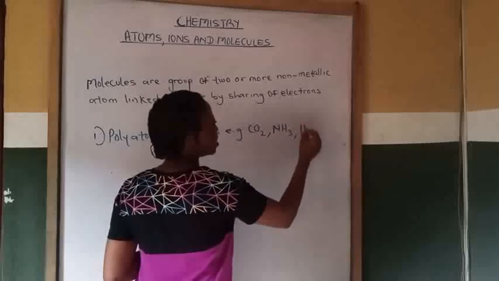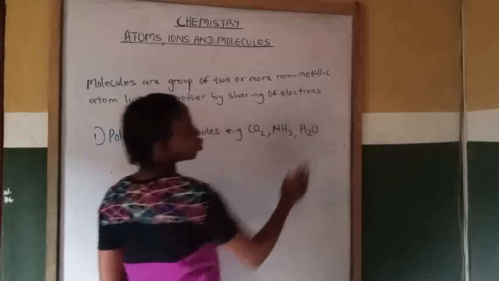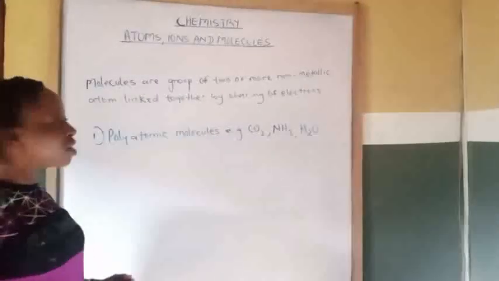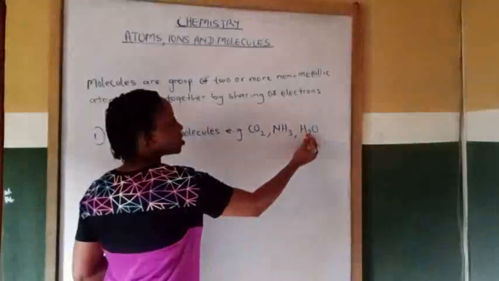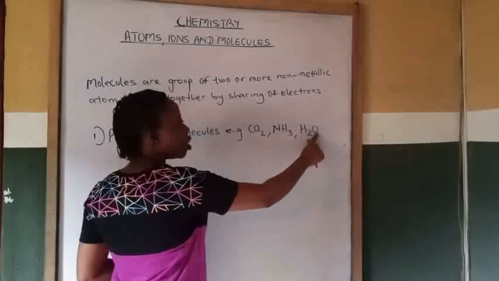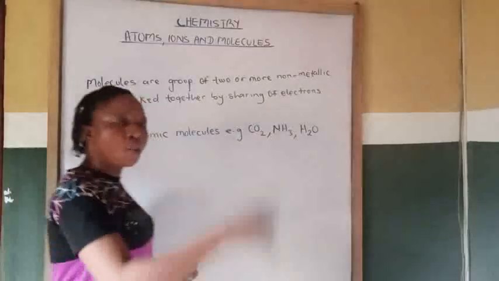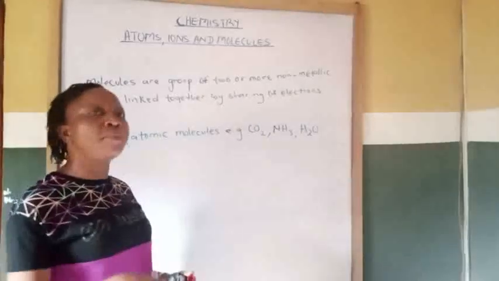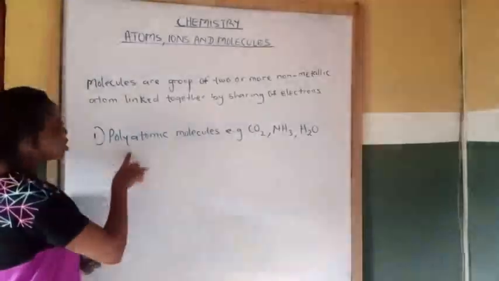Then another one is H2O. H2O is a molecule, that is water. You call it a water molecule, because it contains two atoms of hydrogen and one of oxygen, that's 2 plus 1, making three atoms. So three or more atoms of non-metal linked together is called polyatomic